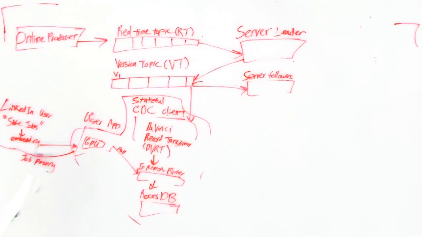Also, when we're consuming from the Kafka version topic, we persist all of our checkpoints on disk in something known as the offset record. This allows us to avoid resuming from the beginning of the topic when you restart, which is what the stateless client does today. The reason this is so important is that